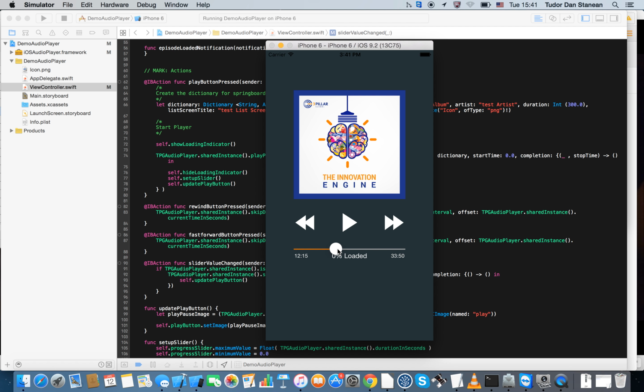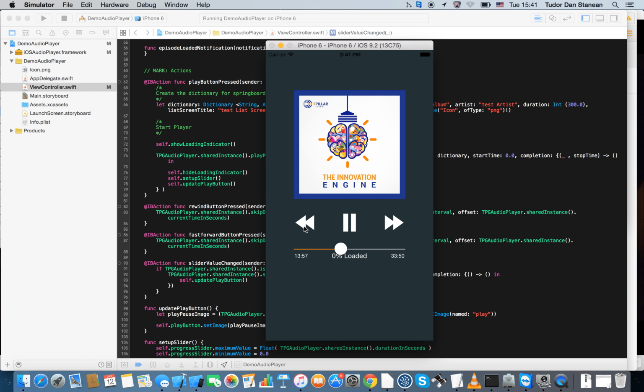As you can see, the media file jumped right to the position that I slid to, and I can also control the flow of the media with the rewind button and the fast forward button, and also I have the total duration of the media file and the current duration of the media file, as well as the tracked progress, which I keep tracked with a timer. Let's just see the implementation of the buttons,